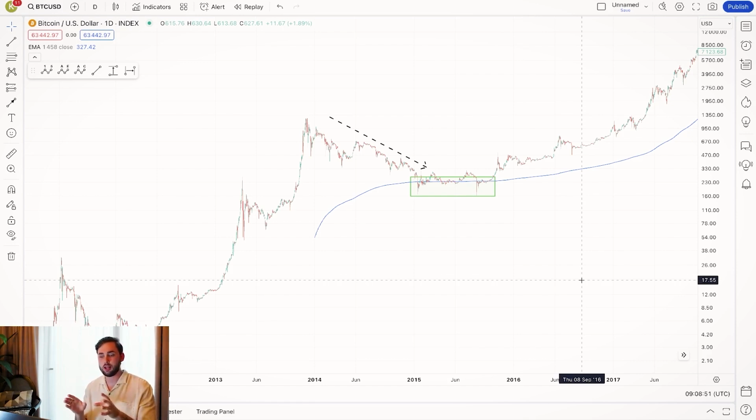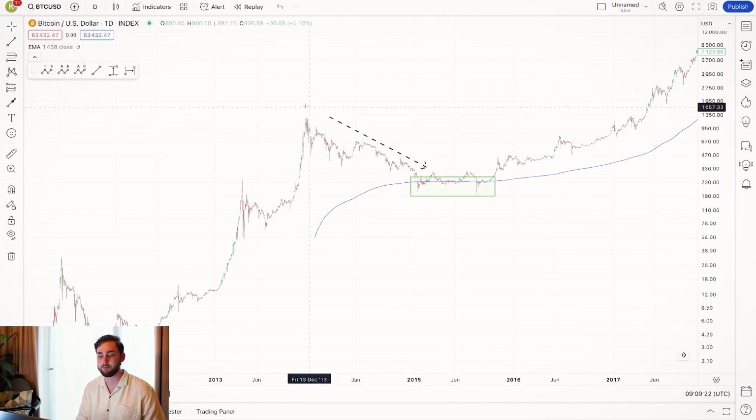So what we're looking at here is an exponential moving average, okay? Basically this blue line on the chart of Bitcoin represents the last 4 years of trading action for Bitcoin averaged, okay? So this gives us a very good indication and a very strong level of support for the price of Bitcoin. And so very simply, if price falls anywhere near this blue line, or especially goes underneath it, it is a very good time to buy. Hence, I've located this in the green box.